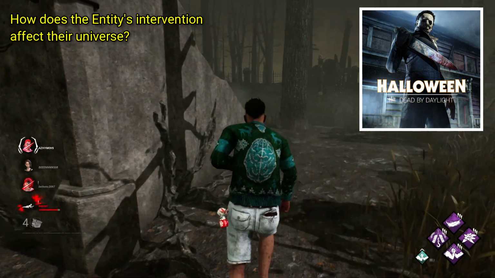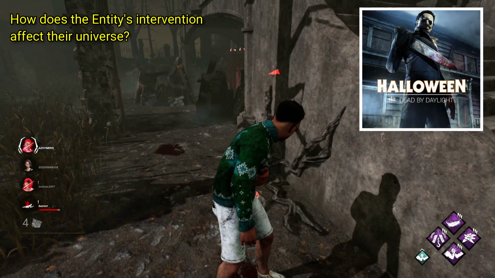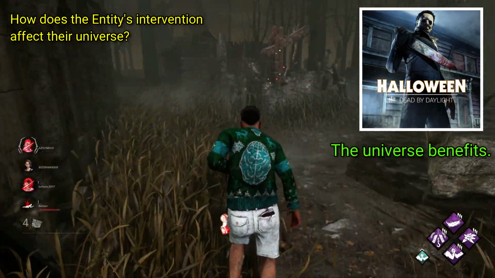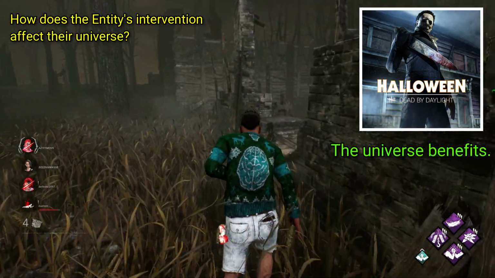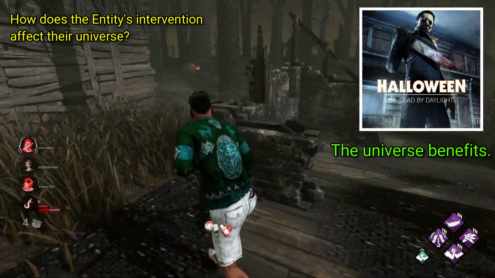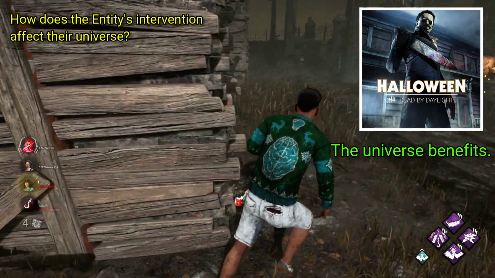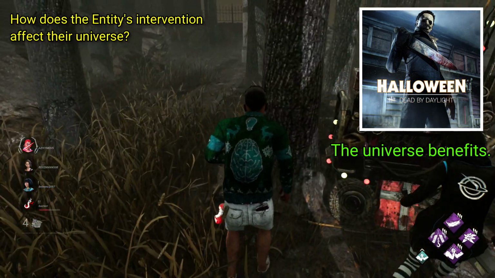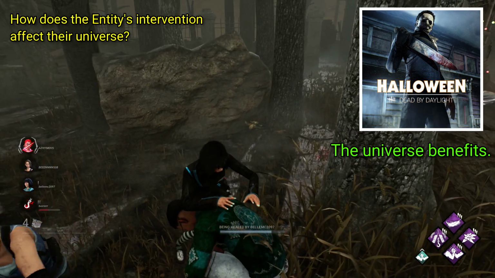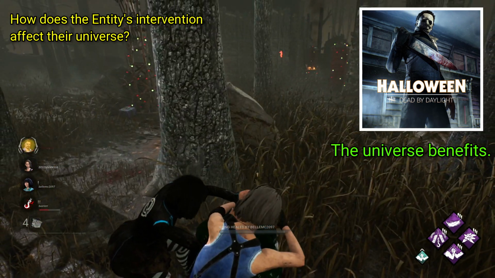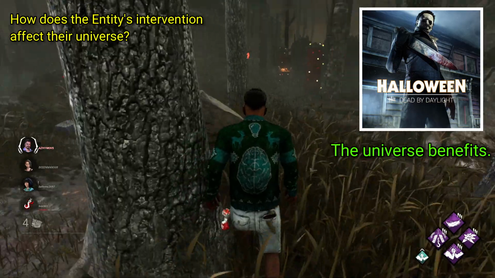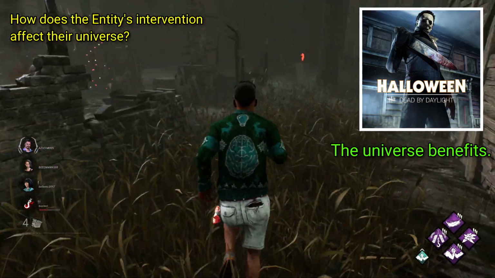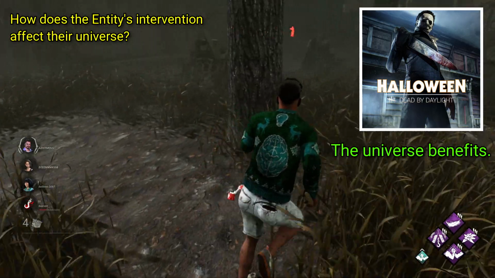Halloween's universe is going to be relatively unaffected also, and likely better off as a result of Michael Myers disappearing. If we go off of the new chronology with the 2018 Halloween and its sequel Halloween Kills, then basically more people would have died had the entity not taken him. In Laurie's case, it's sad that she's gone and her friends and family will miss her, but the broader world isn't going to be doomed or anything without her. If she had only been taken and not Myers, then maybe it would be, and there would be more destruction. However, as they both got taken, then there's not going to be much change to that universe as a whole.